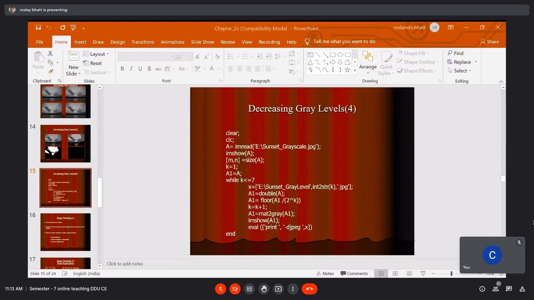Is this clear? Can you generate this kind of output in Octave based on this logic? So I am just telling you the algorithm, its implementation, and the output so that you can perform well in the lab regarding these practicals. Yes, is this clear?